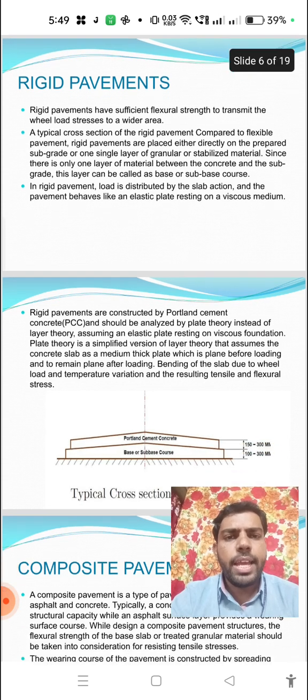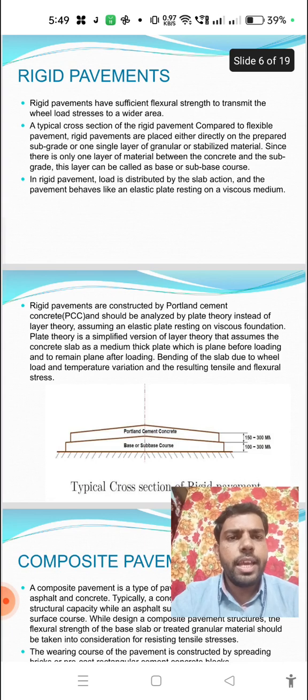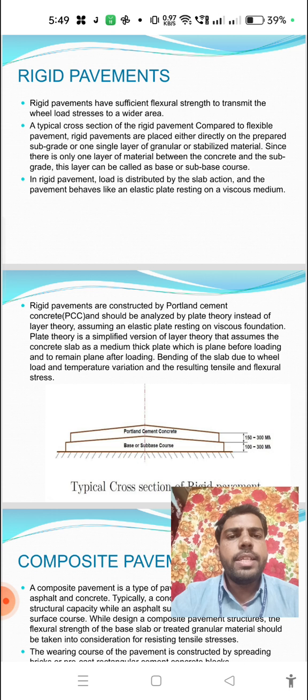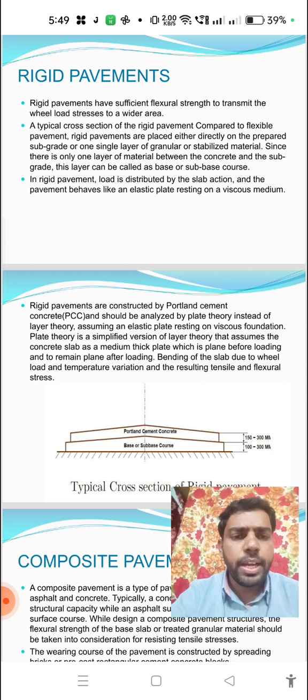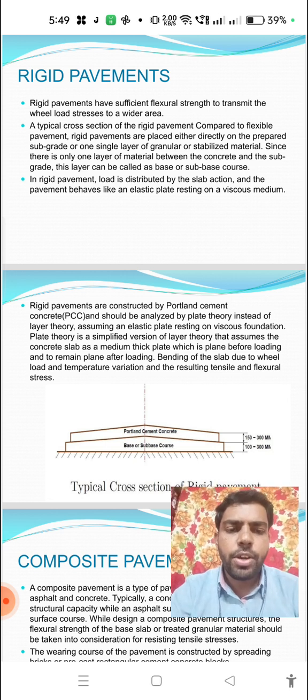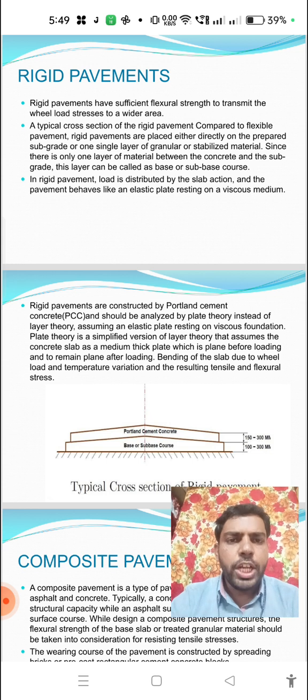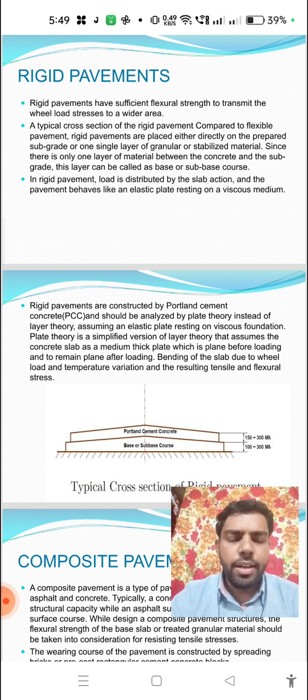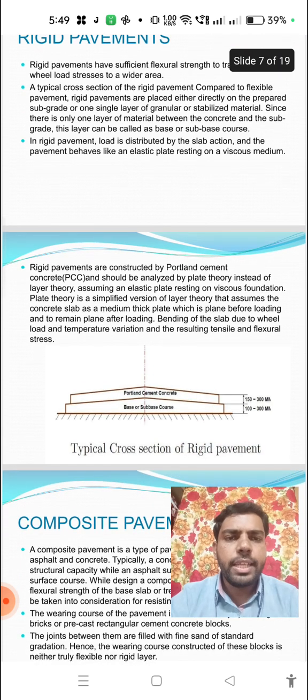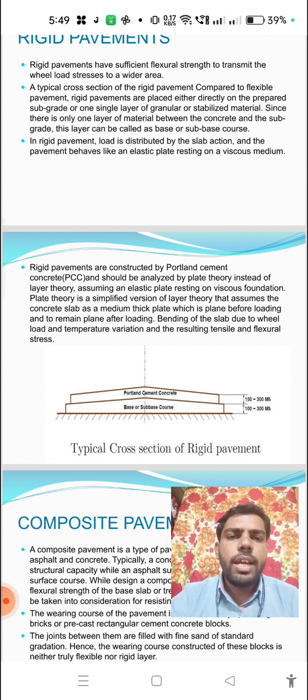The pavement behaves like an elastic plate resting on a viscous medium. And rigid pavements are constructed using Portland cement concrete, PCC. The unit weight of PCC is 24 kilonewton per meter cube. It should be analyzed by plate theory rather than layer theory. For flexible pavement, we consider the layer system theory, but here only elastic theory like plate theory will be considered. Assuming an elastic plate resting on a viscous foundation, plate theory is a simplified version of layer theory, which assumes that the